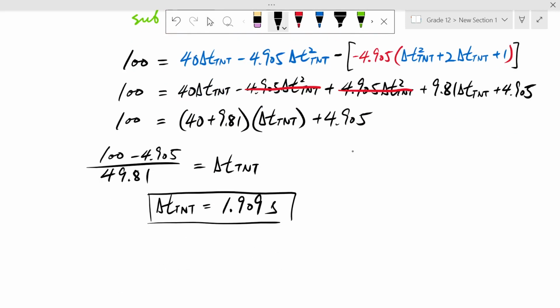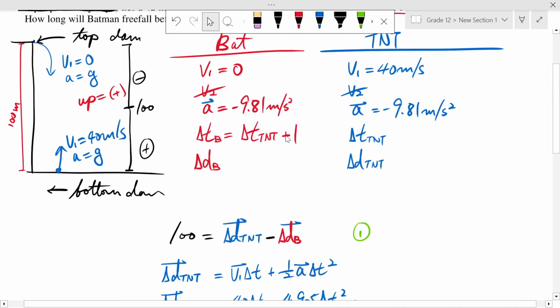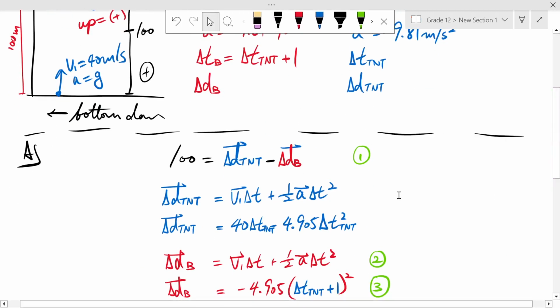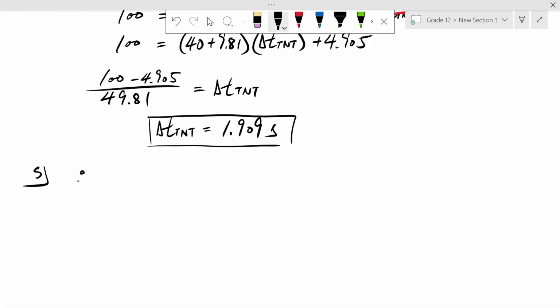So basically, Batman from here falls 1.9 seconds, and while this TNT goes up, they meet each other at this time. And therefore, I can draw my statement. Shoot, did I forget to write A? Yeah, that's my analysis. The whole thing would be shifted downwards. Therefore,